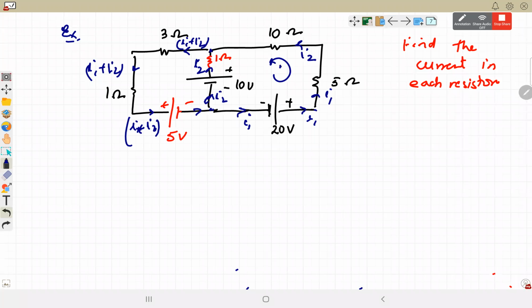We have these two loops. Write the equation for two loops and solve the value of I1 and I2. I have chosen one sign convention, one current distribution. आप कुछ भी choose कर सकते हैं. You are free to choose clockwise, anti-clockwise. बैटरी की पॉजिटिव टर्मिनल से करंट निकल रही है या पॉजिटिव टर्मिनल में करंट जा रही है. This is your choice. You can use any direction of current. If it is incorrect, it will turn out to be negative.